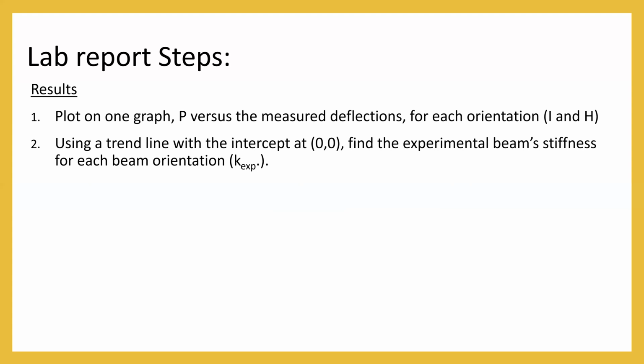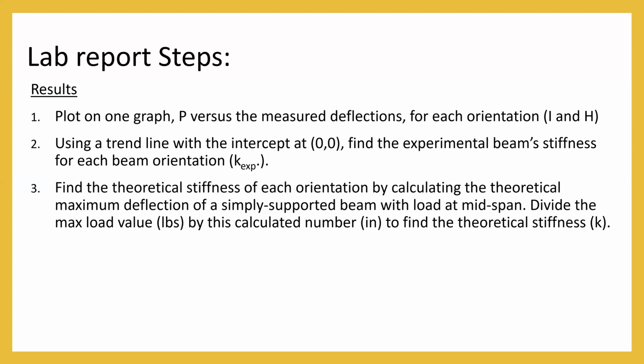There shouldn't be anything else in the equation. So that number before the X, the coefficient that you're multiplying the X by, is going to be your beam stiffness. And make sure you include the correct units in that, based off of whatever your P is, your loading, and your deflection. So then after that, you're going to find the theoretical stiffness for each orientation by calculating first